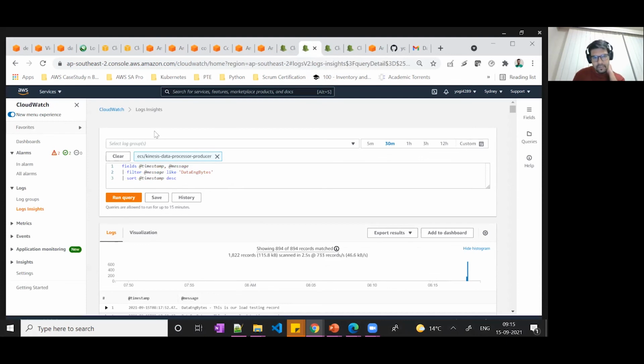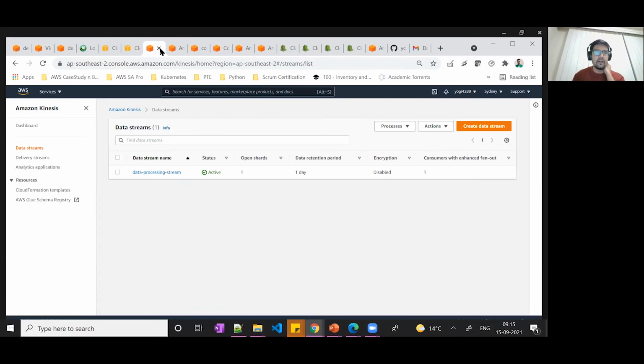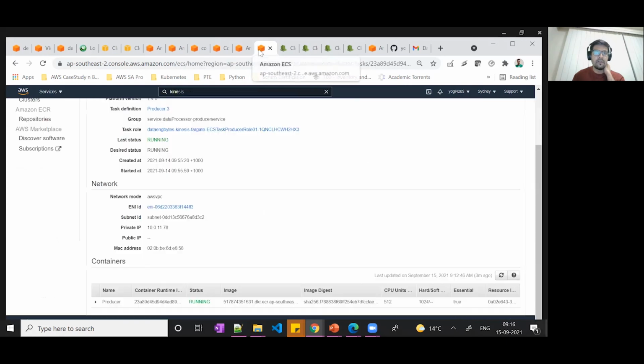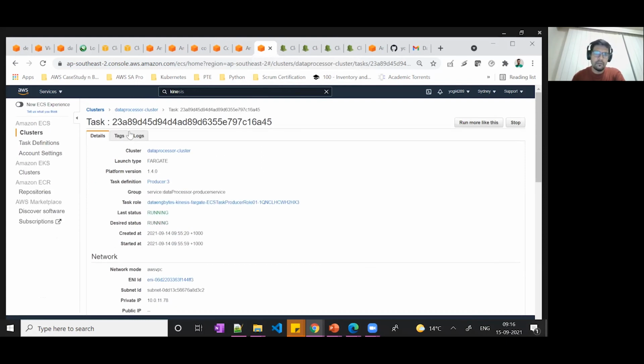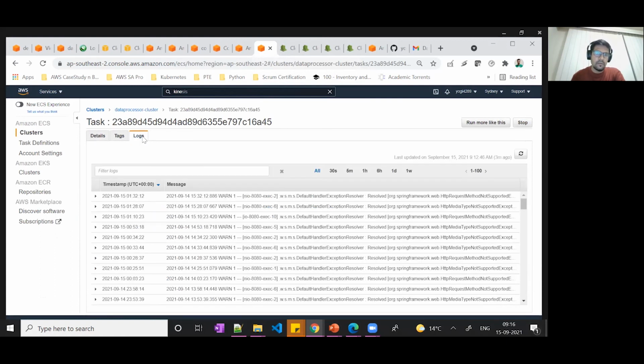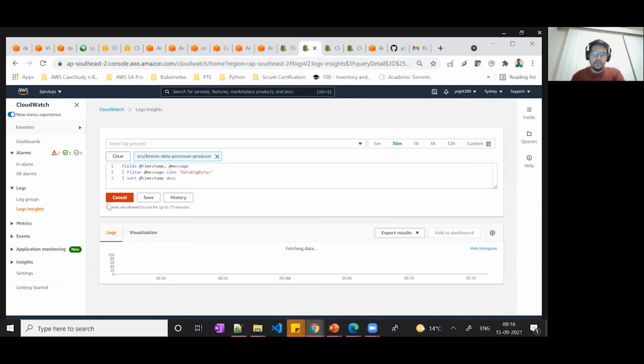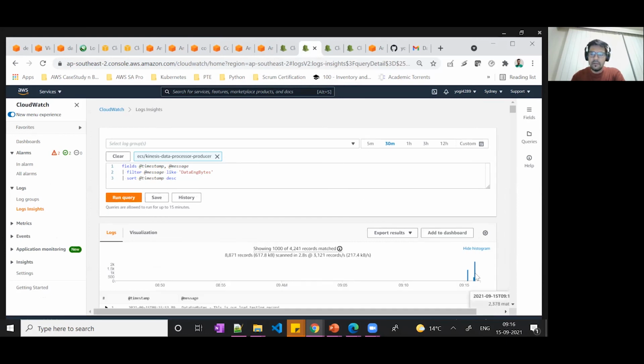Now I want to see whether the data is getting generated and coming into CloudWatch, because all the container tasks that we are running are associated with CloudWatch also. Serverless Fargate is a managed service, so it is associated with the CloudWatch logs also. If I quickly showcase you, yeah, these are the logs. Inside the CloudWatch logs, I'm going to run my query. Now I can see some data that has been generated,